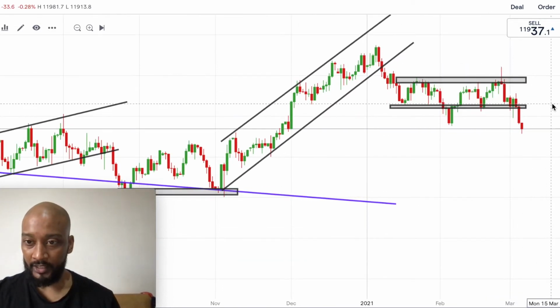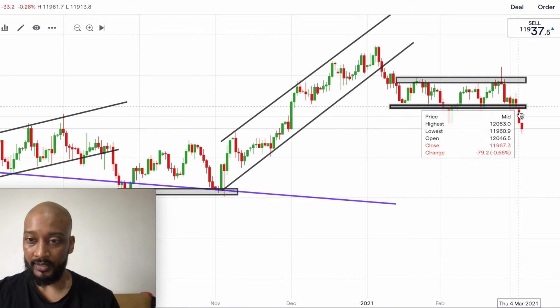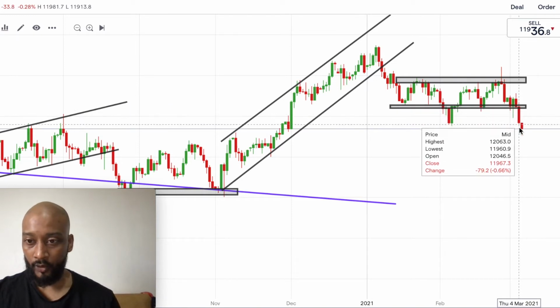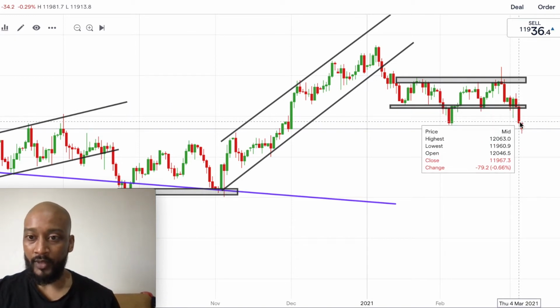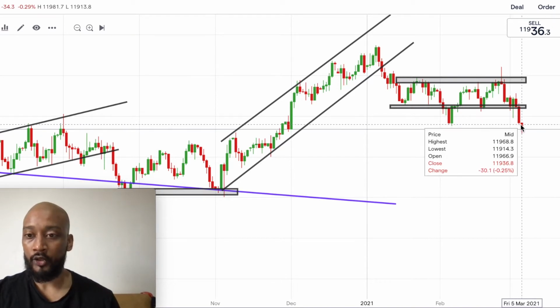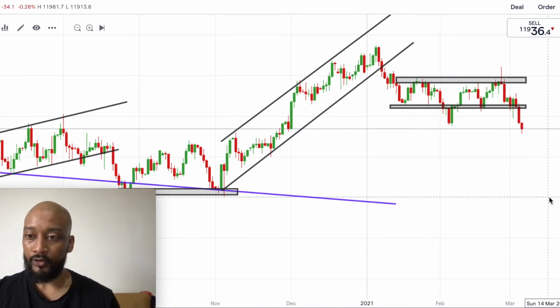Over the last session we saw a sharp sell-off in euro dollar. So for those of you that export to the US but buy imports from the eurozone area, this is a great time to sell your dollars in exchange for euros and maximize on those profits and reduce those costs. So at the moment we're trading down at